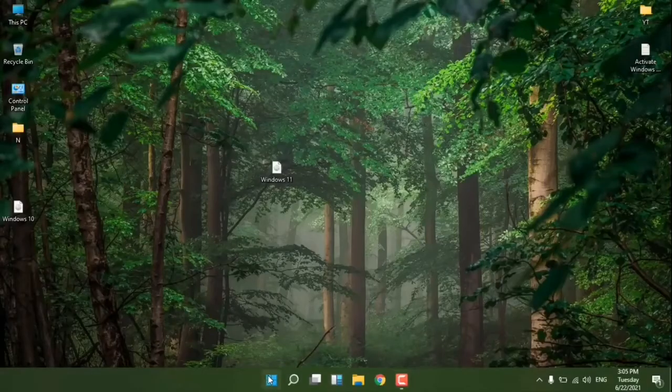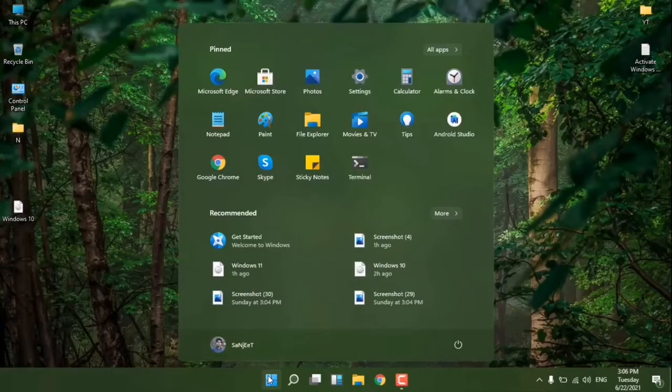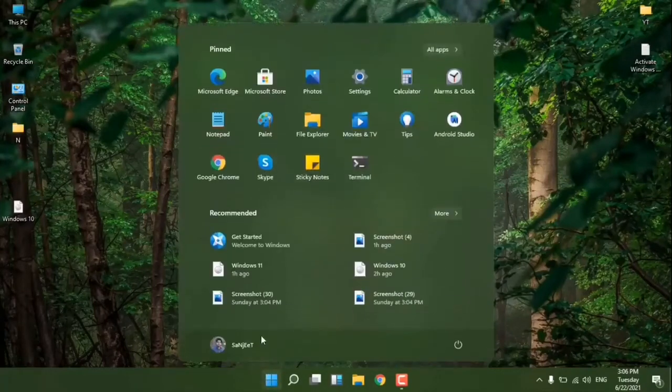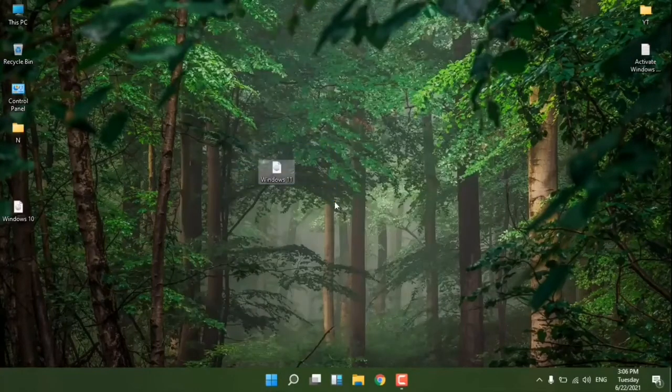Now we are in, and you can see how it looks. This is Windows 11, and you have already watched so many videos. This is a simple video on how you can get Windows 11 on your PC or laptop without using any pen drive or bootable USB, and you don't need to set up anything. If you install from a bootable USB, you need to do some setup at the start. So this is a very good way. If you have Windows 7, 8, 10, whatever you have, you can just download this file and run the setup, and everything will be done.